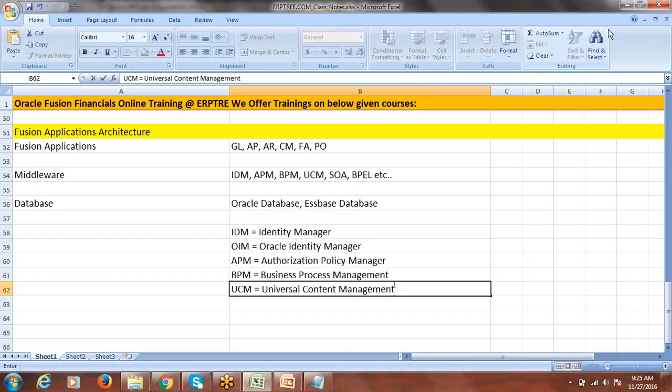It's very simple. It's a kind of data repository. When you are using this application for any data uploads, if you want to load the data, import the data, or export the data from the Fusion applications, in those scenarios you can use UCM for the imports and exports. But anyway, when you deal with the data conversion concept,